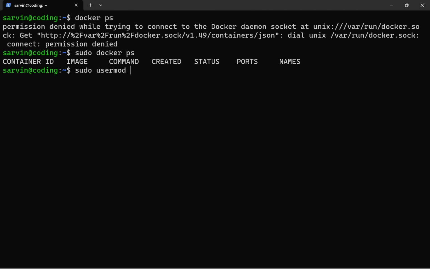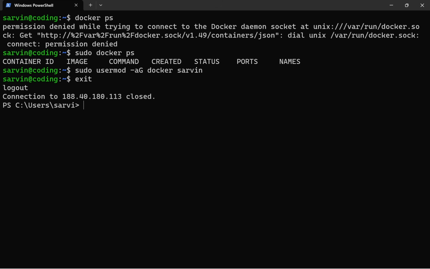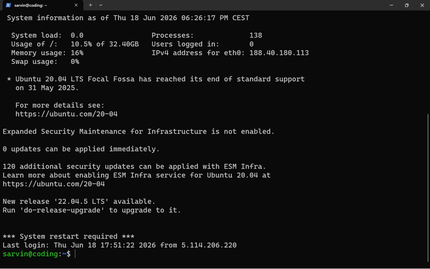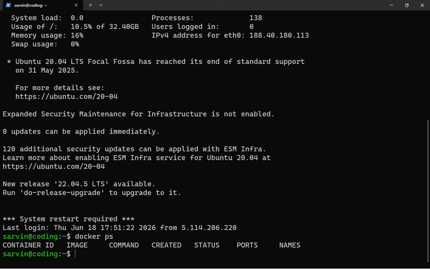usermod -aG docker servin. But after running this command, make sure that you log out and log in again. And once you log in again, you can run Docker commands without sudo. So this time I can simply write docker ps, and as you can see, I have the privilege to run